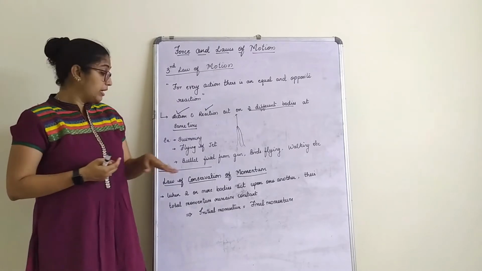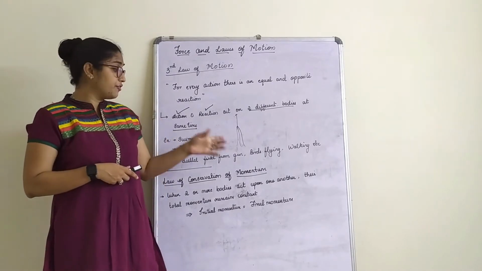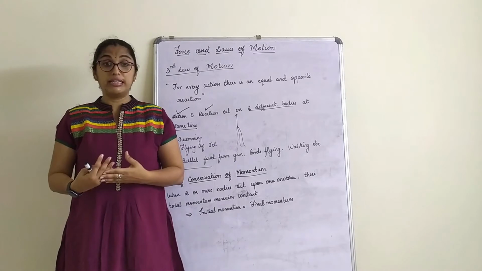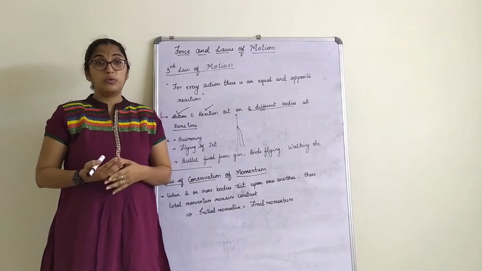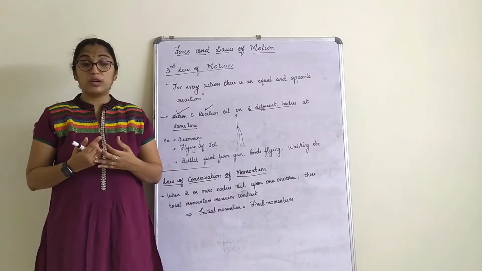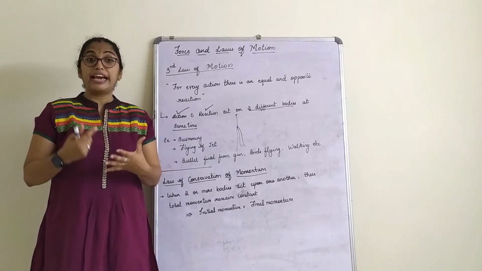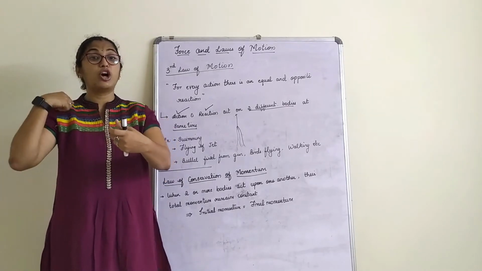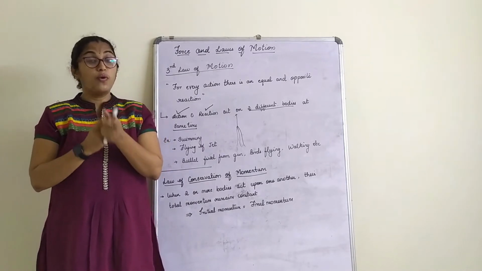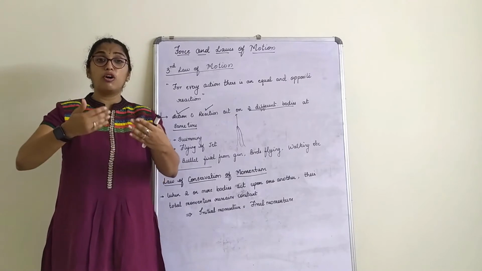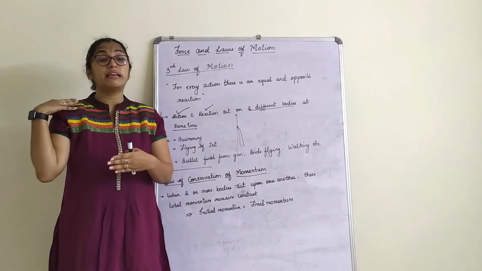Bullet fired from the gun. Now what happens when a bullet is fired from the gun? The gun recoils. Recoils means the gun just rolls back. Usually you might have seen in movies, when an army person on the border has a heavy gun, they take the load of the heavy gun on the shoulder, right? They keep it on their shoulder and shoot. Why do they do that? Because the recoil is so heavy that they can't take it otherwise. So the recoil is taken by the shoulder.